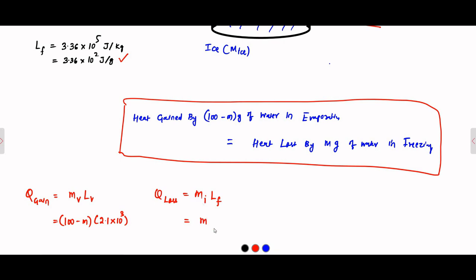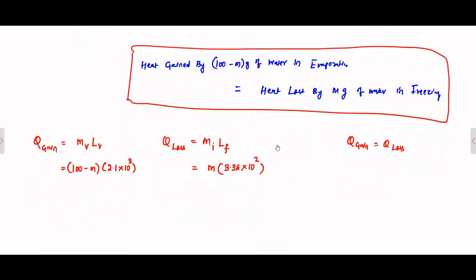And this is equal to m, which is the mass of ice formed, m grams, into 3.36 into 10 to the power 2 joule per gram. That is the latent heat of fusion. So according to the principle of calorimetry, Q gain, the heat gain, is equal to heat loss. So if we equate these two, we get